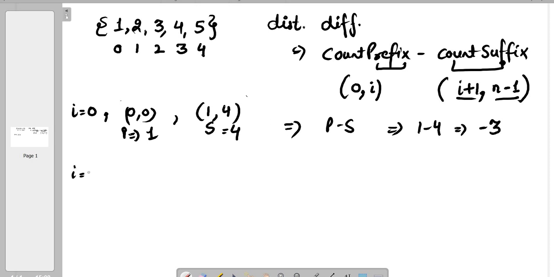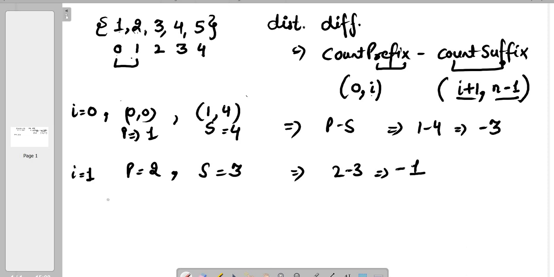So when i is 1, then prefix would be 0 to 1, right? So that is 2 elements. So prefix would be 2 and suffix would be 3. All are unique elements? Yes. So it would be 2 minus 3, that is minus 1, correct?